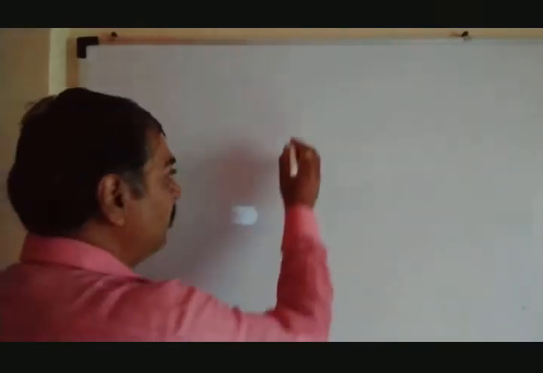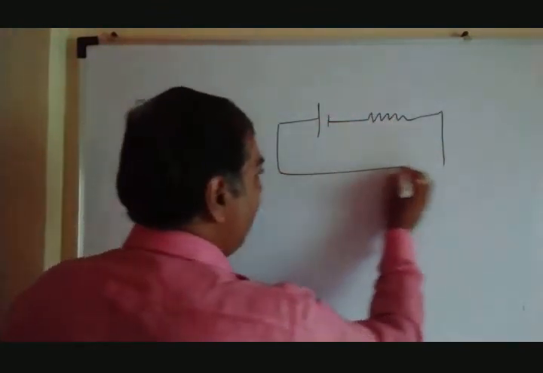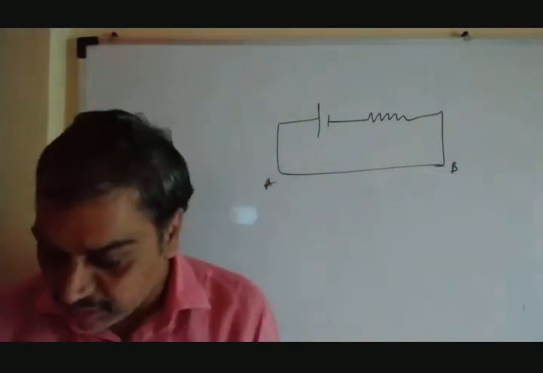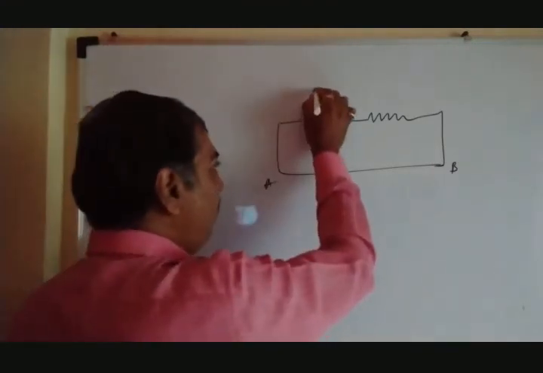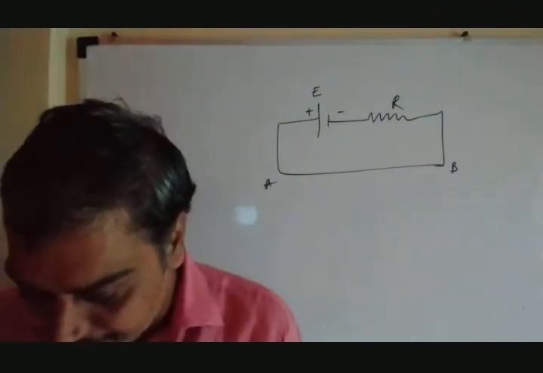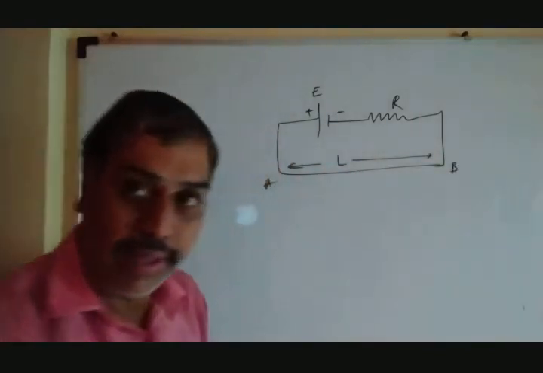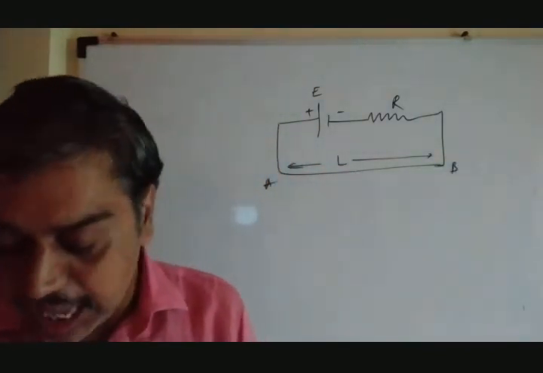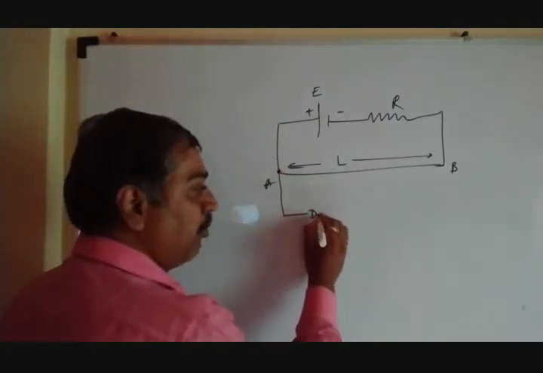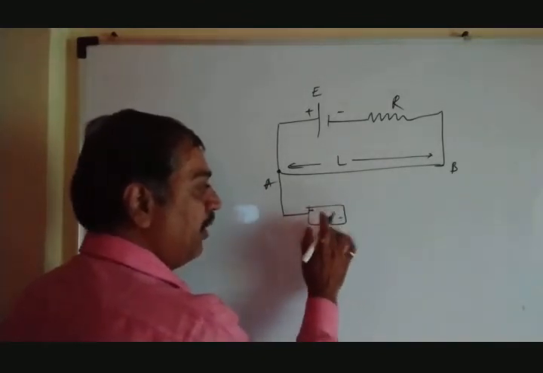The first application, let's write down. So plus minus, it is nothing but resistance. This is the wire whose name is suppose AB. AB is the wire. Now here it is battery eliminator E, plus minus. This is R. Wire AB is there, whose total length is capital L. Now suppose what I have done, I have taken some voltmeter and I have connected it here. In your book they have used a device. In our case suppose it is a voltmeter.